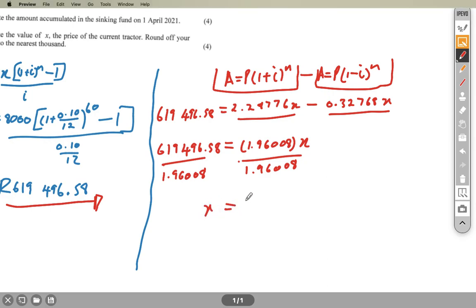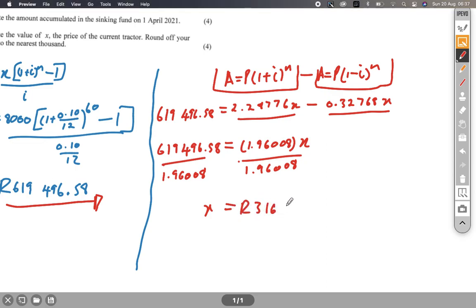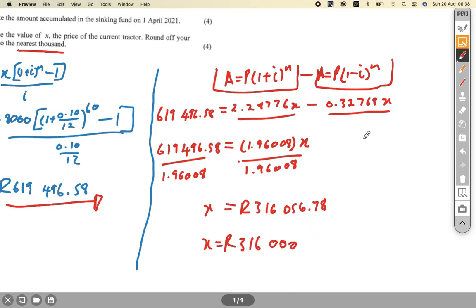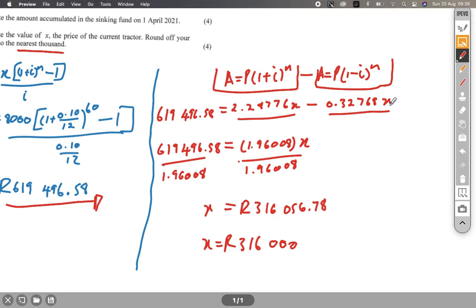And then you would get that your X is 316. Then since they said to round off to the nearest thousand, this means we would have X as 316,000. Okay, so to reiterate,